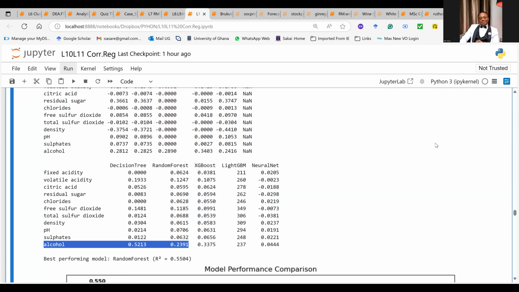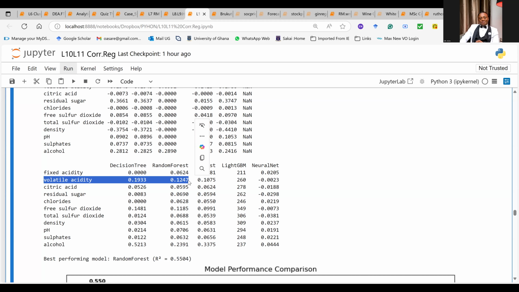Which is the next variable? Volatile acidity. So these two, take note of them: alcohol and volatile acidity. Whatever we had before is irrelevant, because now it's the best model we are focusing on.